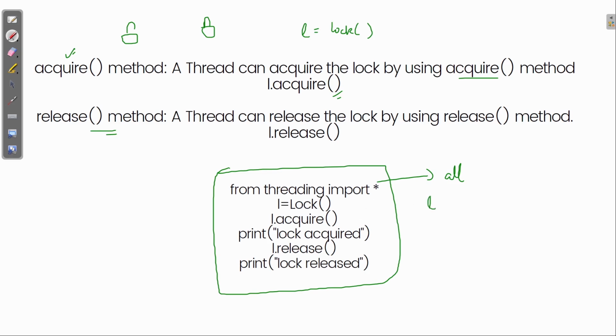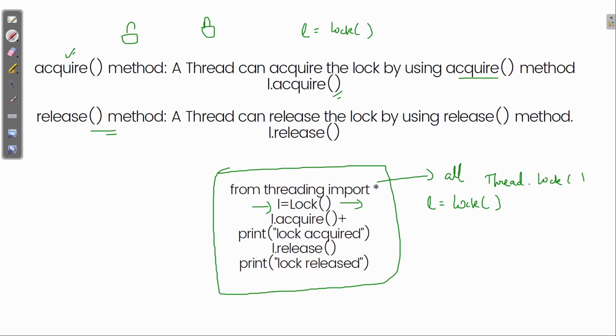I can simply write l equal to Lock, so I don't have to write threading dot Lock. It understands that all the attributes have been imported. So we are instantiating this, creating an object, and the object name is l.